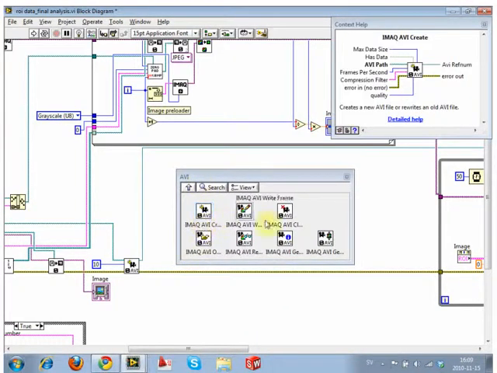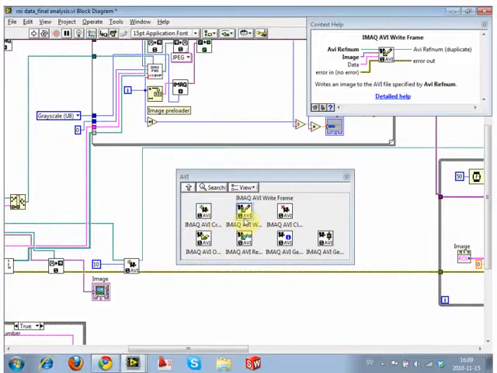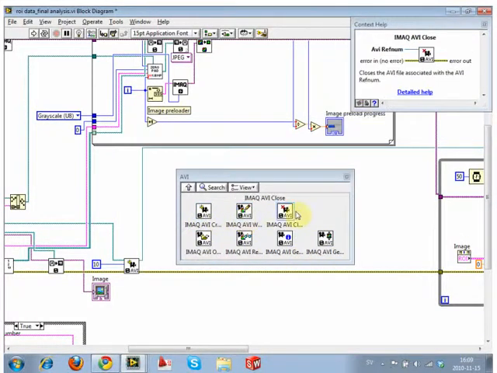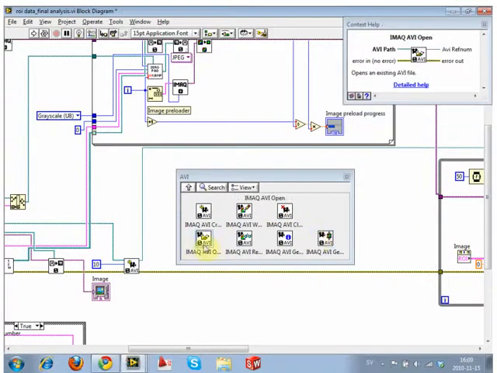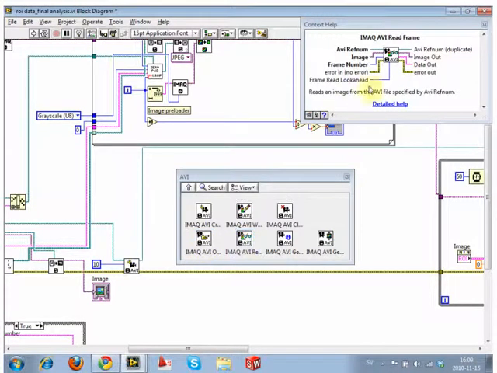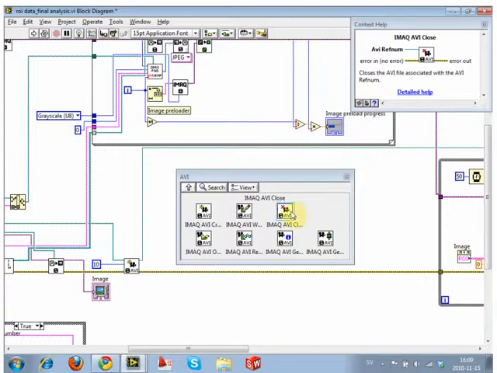So the write row is you create it, you write stuff to it, and then you close it. So you need those 3 operations, and they have to go in that line. And the other options are when you want to read stuff out of the AVI, you have to open it, read a particular frame, wire in the frame number, and then close the AVI. You also have 2 other read functions. One is just get data out,